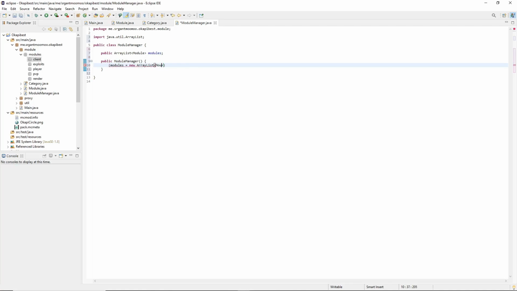Array list module. Dot clear. And then that should be good, I think. Yeah. And then basically this is where like everything happens. So when we make a module, I'll make an example one in a second, and then I'll show you how to initialize it here. A lot of times people, or I don't know about everyone, but a lot of times